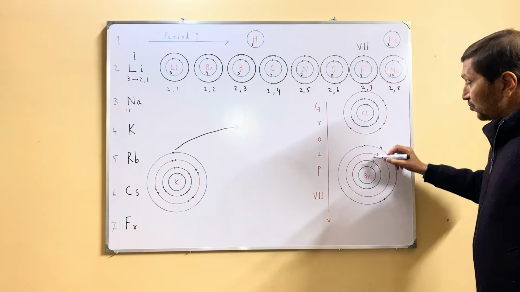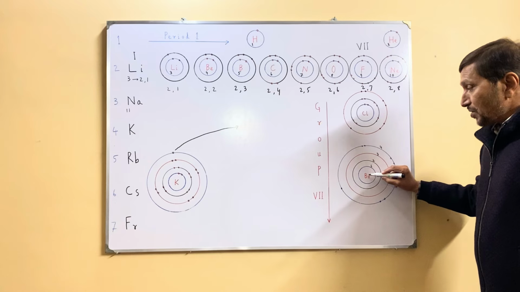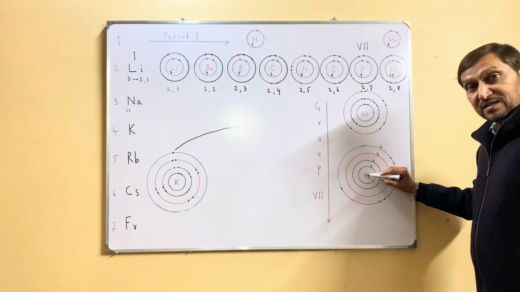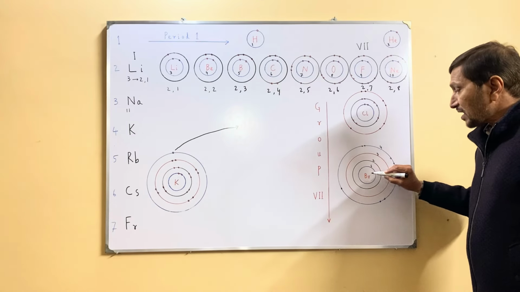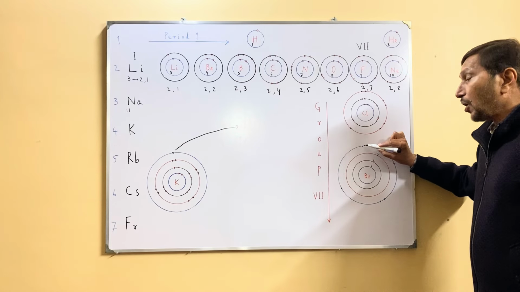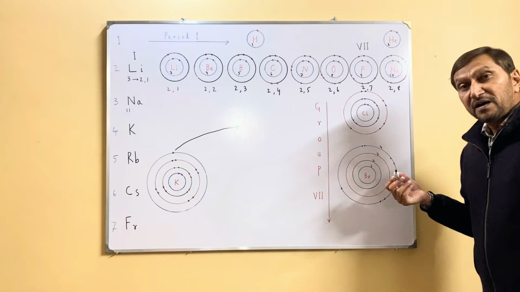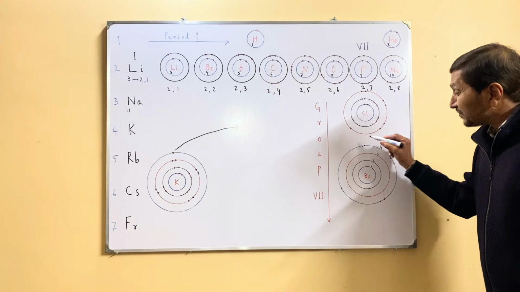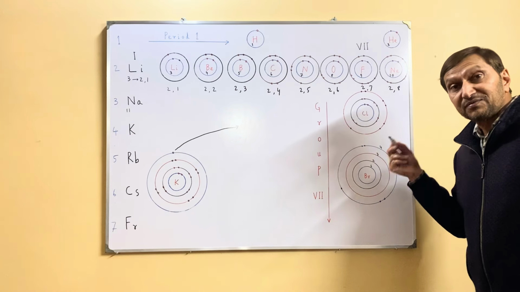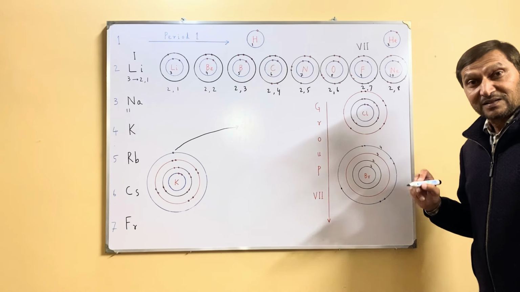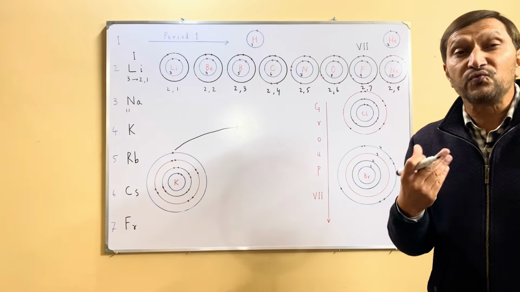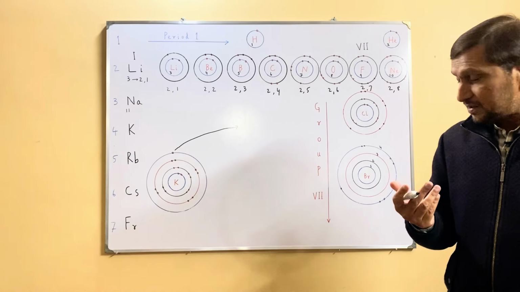So when they have to gain the electron, because of the increase in the atomic radius, the force of attraction between the nucleus and the outermost electron already decreases because of too many orbits. The force of attraction gets weakened,